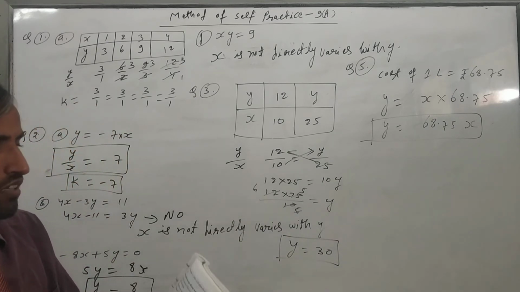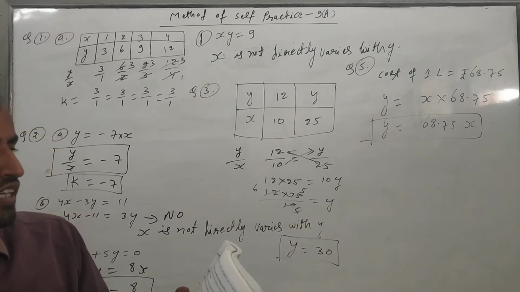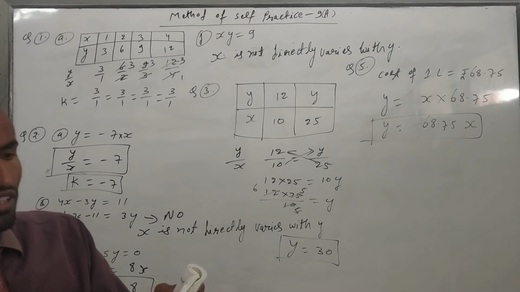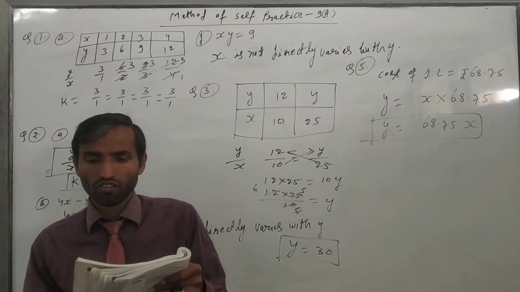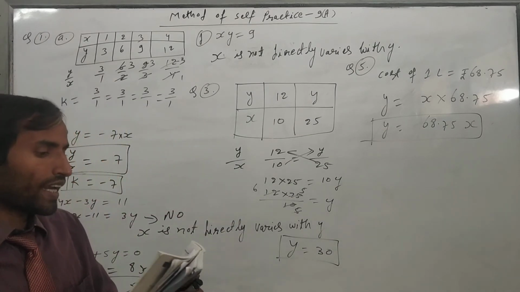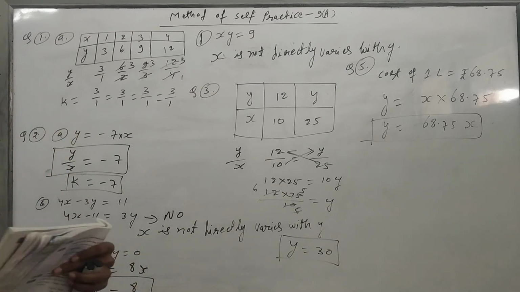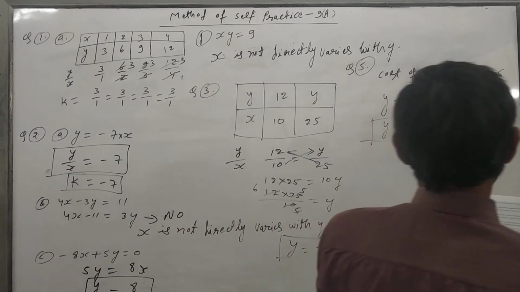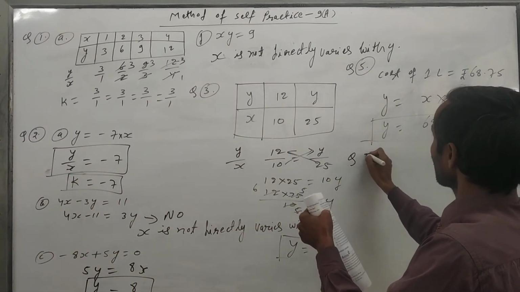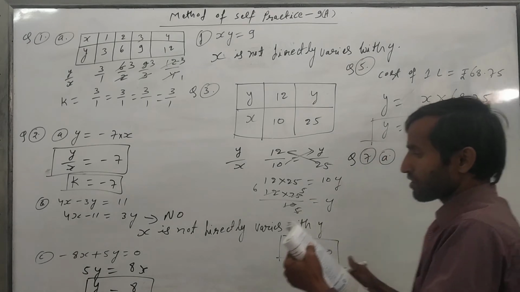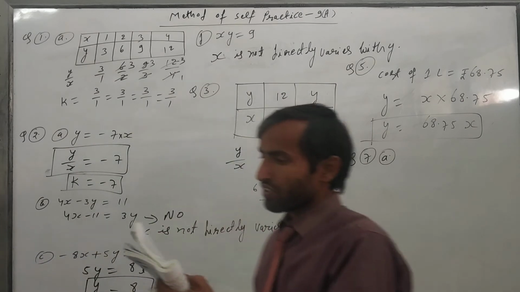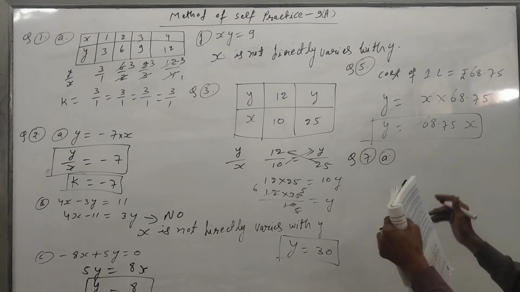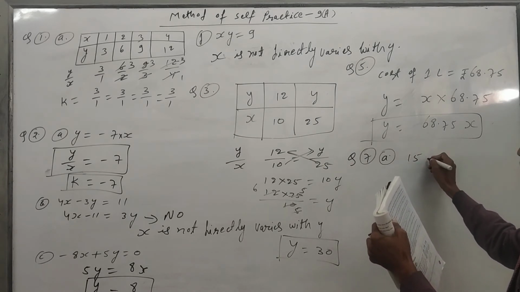Now we have to do question number 7. All of you read question number 7. Ragni bought an energy efficient washing machine. So she will save about 15 liters of water per wash load. Write an equation of direct variation to describe how many liters of water y Ragni saves for x loads of laundry she washes. So question number 7A. Here the question is given. Per wash load she saves 15 liters of water.